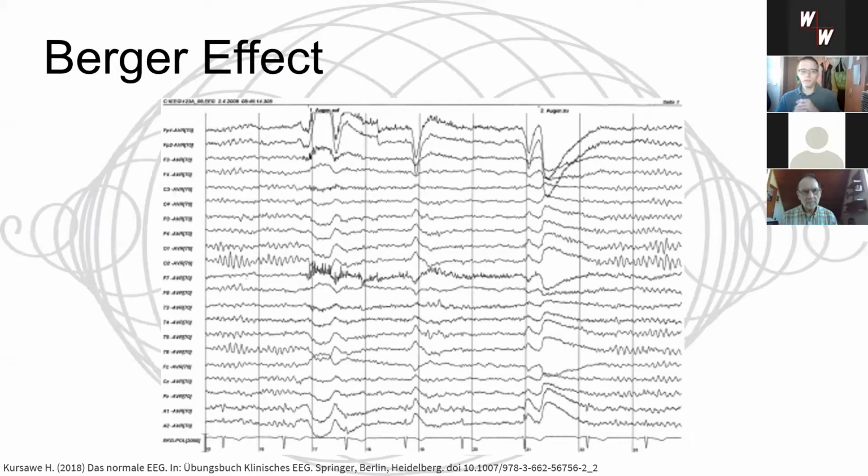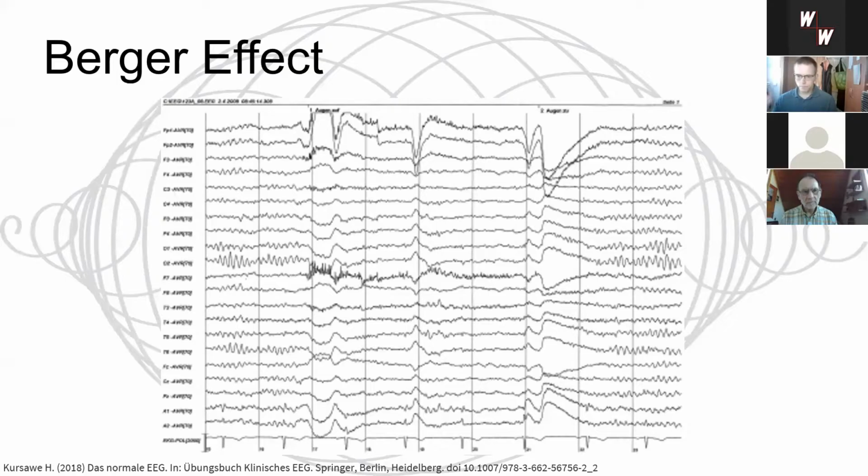In the beginning, you see some regular pattern. It almost looks like sine waves. Then in the middle, something is different. And then towards the end, you get this sine wave-like pattern again. It turns out that this is what happens when people close and open their eyes during the recording. When you close your eyes, you see this sine wave pattern. And in the middle part, the person has opened her eyes.